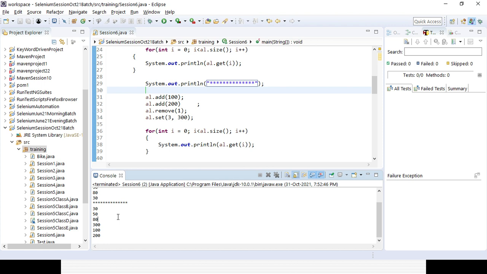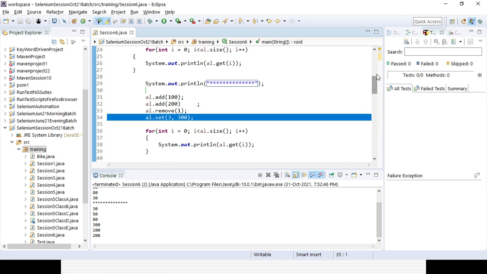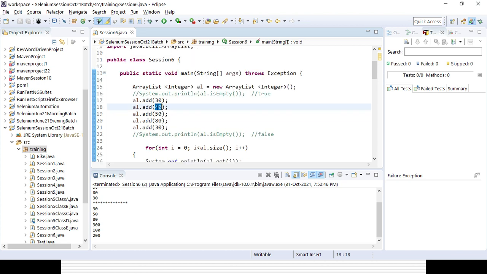After that we are updating the third one. After removal, it is the 0th element, the first element, the second element and the third element, right? You could see 30 is replaced with 300 because I wanted to set a new value. Please remember that.